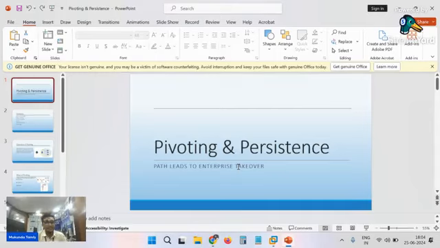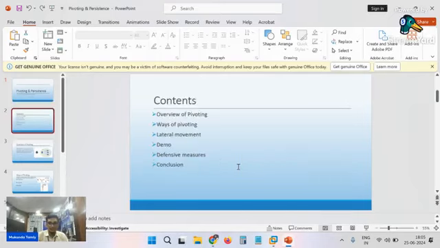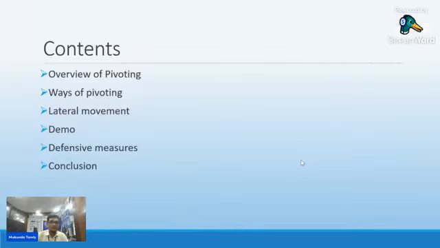So you may have heard that there are different terms, that we can hack a system, we can hack different systems, the enterprise is gone down, the server is down. So in this topic, we're going to cover how using pivoting, persistence, and lateral movement can help us to take over a whole enterprise or whole network of a company. So first, let's start with our contents. I hope the full screen is visible.